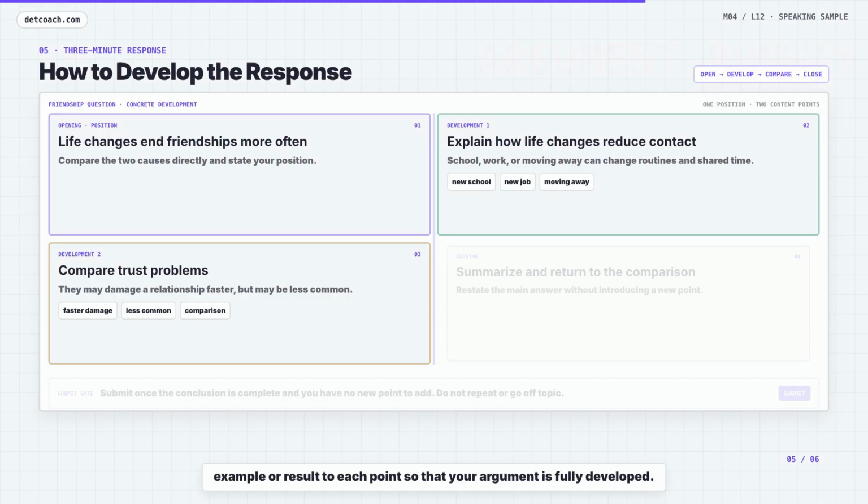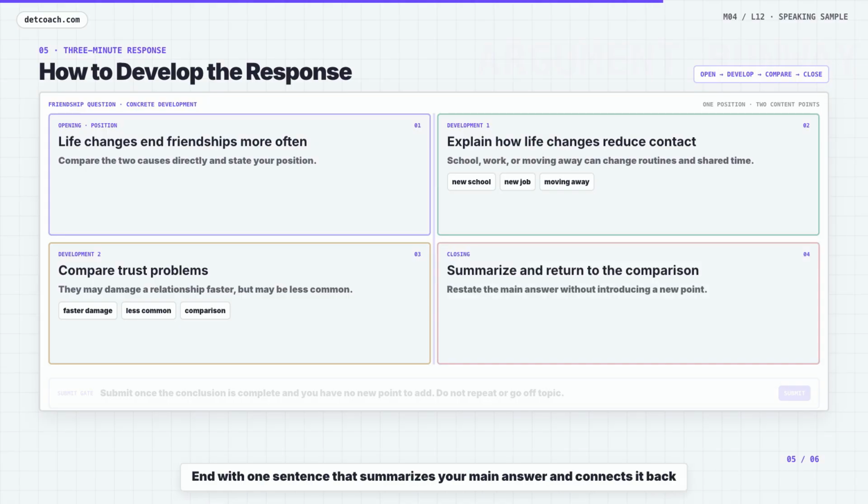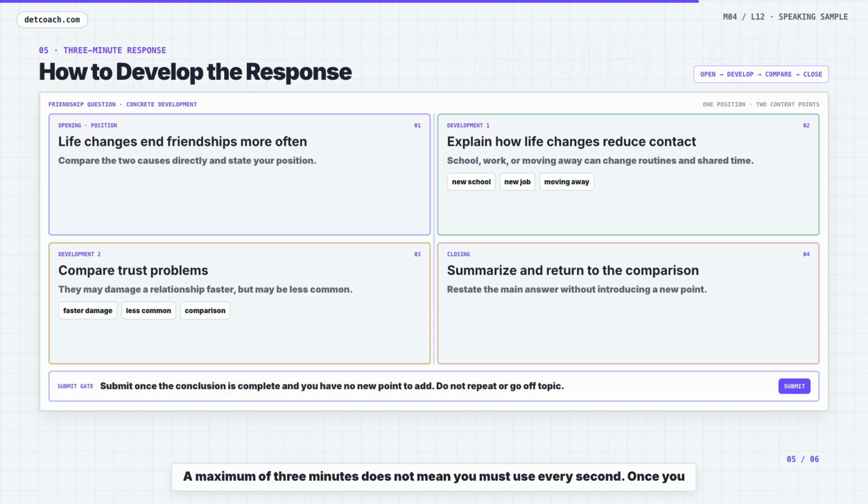Add a specific example or result to each point so that your argument is fully developed. End with 1 sentence that summarizes your main answer and connects it back to the prompt. Do not introduce a new point in the conclusion. A maximum of 3 minutes does not mean you must use every second. Once you have finished your conclusion and have no new point to add, you can click Submit. Do not repeat earlier content simply to make the response longer, and do not shift to an experience that is